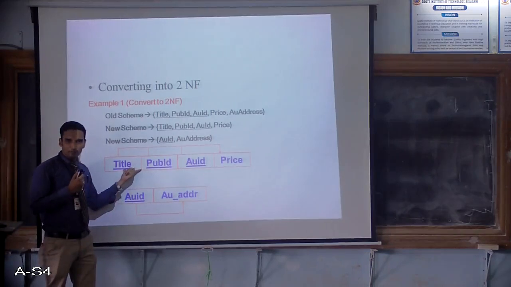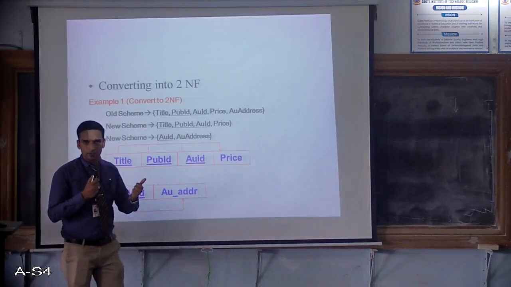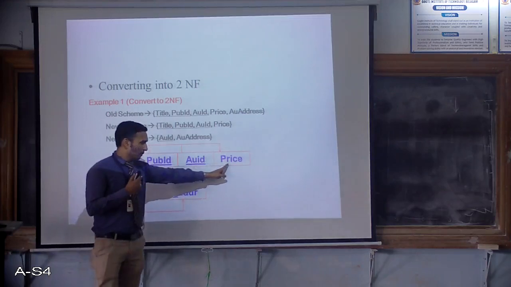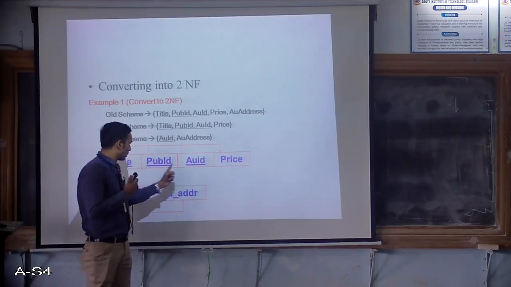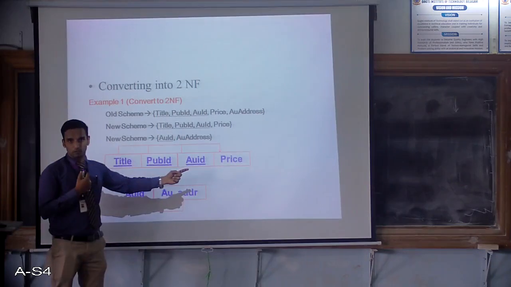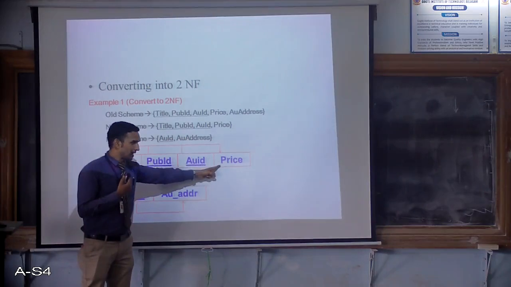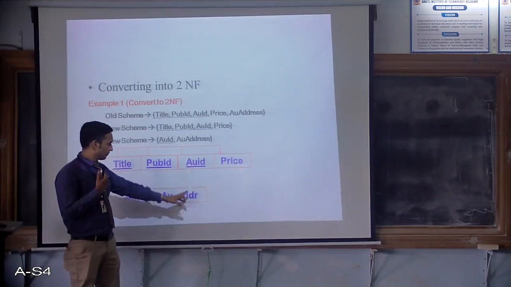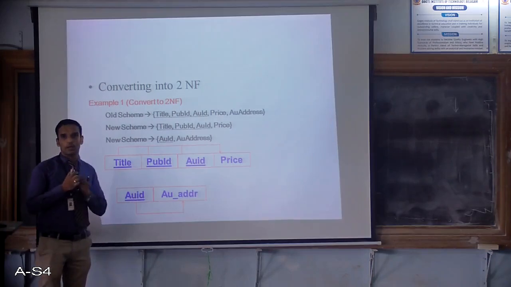Now look again at this table. Is this table in 2NF? How can I judge it? A relation is said to be in 2NF if a non-key attribute is fully dependent on the entire key. Now look at this. Price is a non-key attribute. Only with author address I can't tell the price of the book. Only with the publisher ID I can't tell the price of the book. Nor with the title can I tell the price of the book. The price of the book can be told only when I know all these three attributes. So price is dependent on the entire key, so it is said to be in second normal form. This was already decomposed. Author address can be got with author ID. It is also in 2NF.